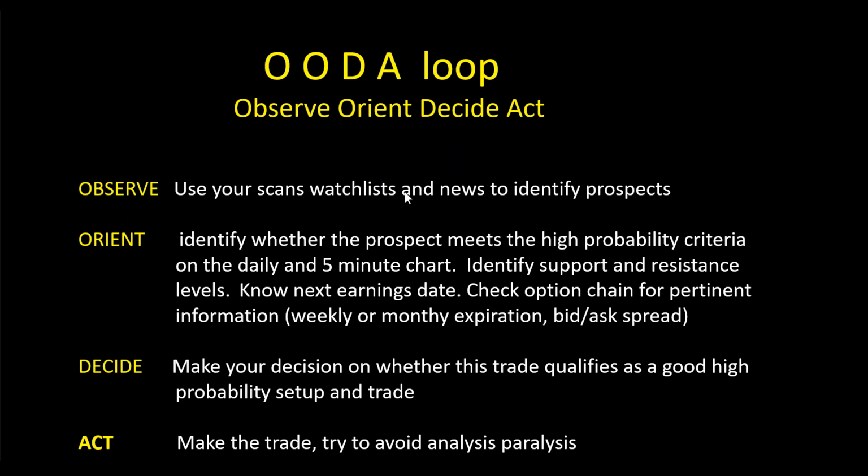You use your scans and watch lists and news to identify prospects. Then you orient, which means identify whether the prospect meets the high probability criteria on the daily and 5-minute charts. Are the institutions in this trade? That's how you orient. Look for support and resistance levels, know the next earnings date, and check the option chain